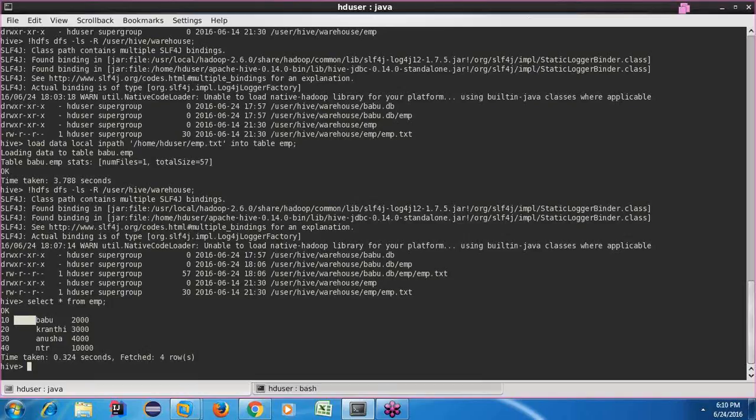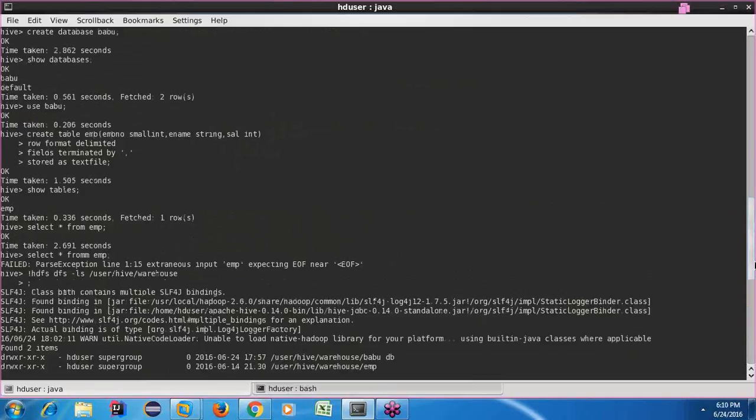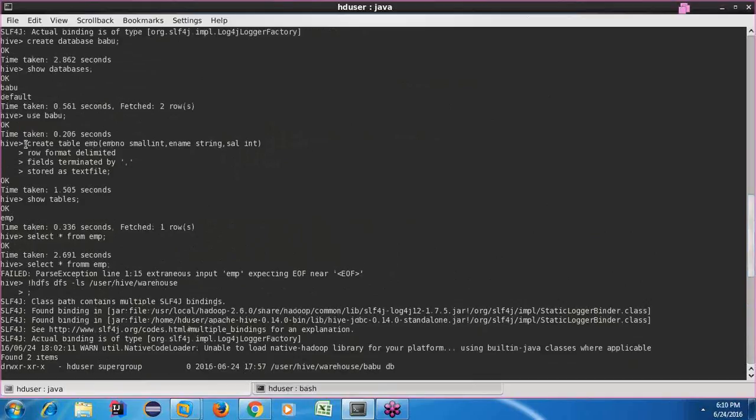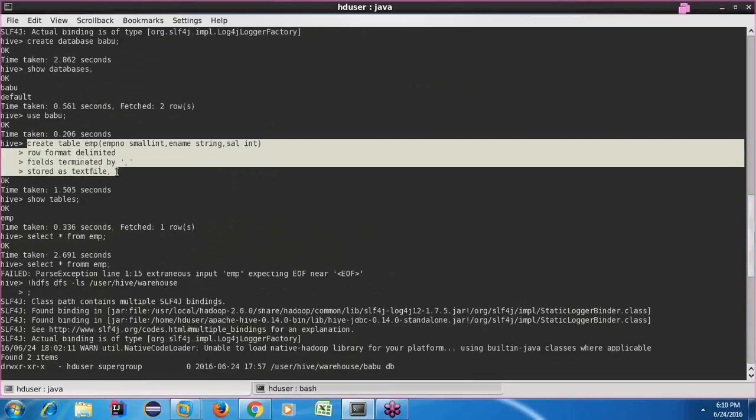No, right? Let me show you one more time. Can you see the term here somewhere? I haven't mentioned any keyword saying managed. It was created as a managed table.